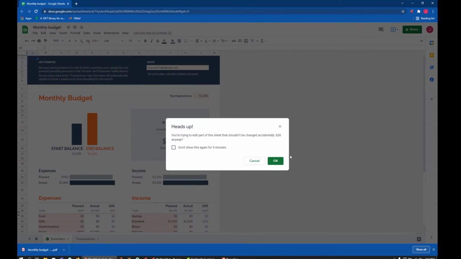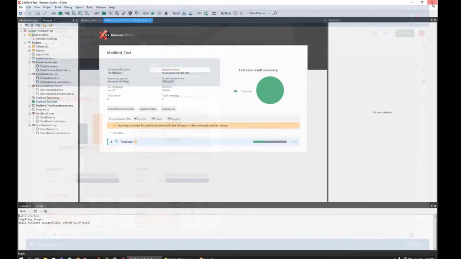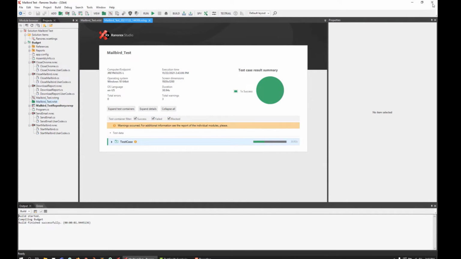So this is just a general example of how you could automate a process. So if you have files that are sent to your network drive, you can download those, add them to an email, move them where you need to move them, make copies of them, whatever you need to do. You can do that with Ranorex. You don't need to test something with Ranorex. You can use Ranorex to automate your desktop actions. So in this case, if I had multiple reports, I could trigger multiple reports and send them to